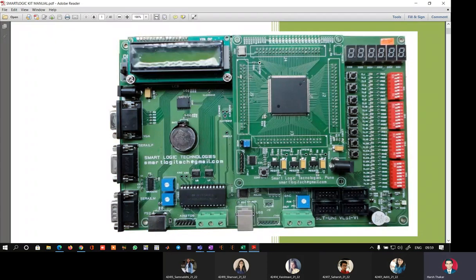So totally 4 banks will have 32 dip switches, and these switches which are shown in white in color, when the switch is to the right, it generates a logic 0, and when this switches to the left, it generates a logic 1. That means I have to decide which of the switches will supply the operand A, A3, A2, A1, A0, the operand B, B3, B2, B1, B0, the function bus F2, F1, F0, and corresponding to these 32 switches, we have 32 LEDs which are multiplexed with the inputs.